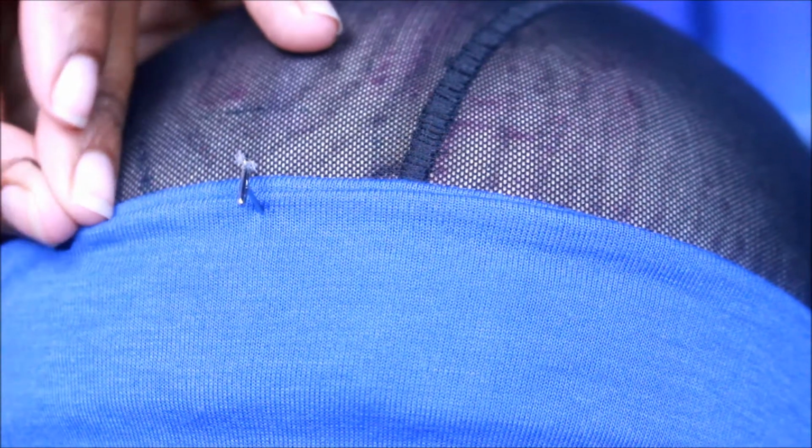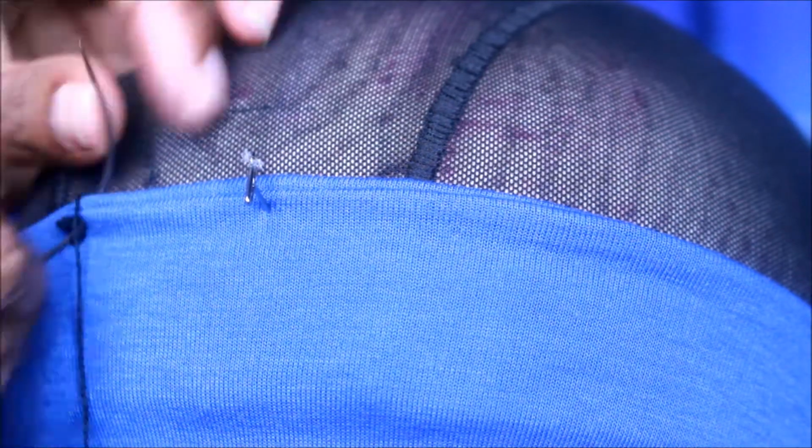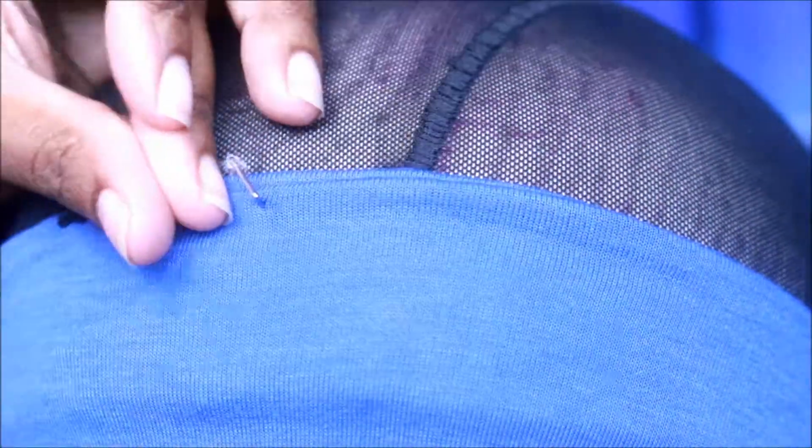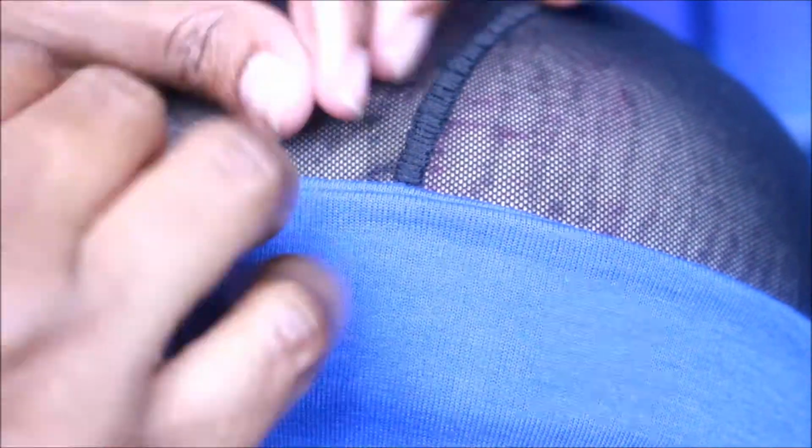All right, so basically I'm sewing it very tightly because I just want to make sure that everything is good, as you guys can see. So I'm basically tightly sewing everything together and making sure that everything is together and everything is taut and